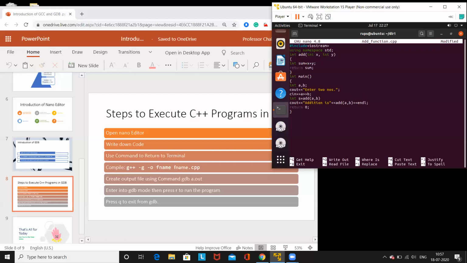You can do this also. Then you have to write it out. Whatever you want, you may use.